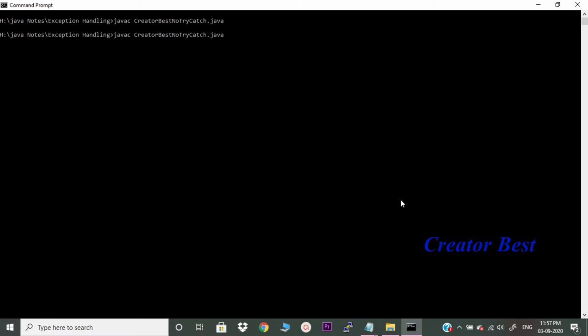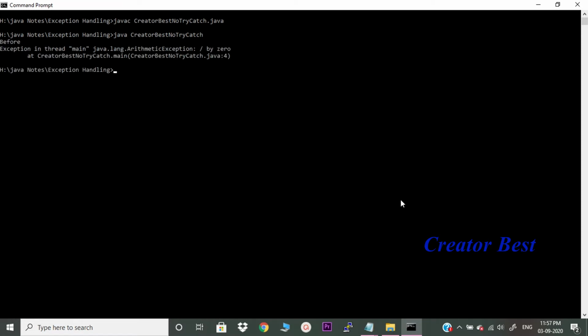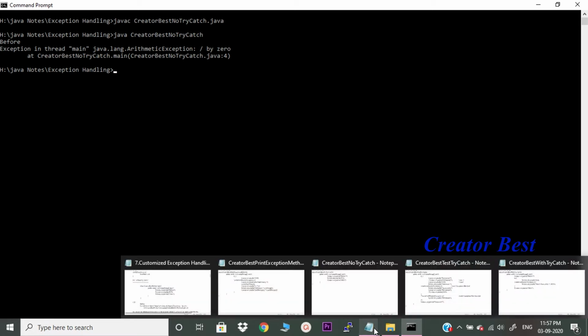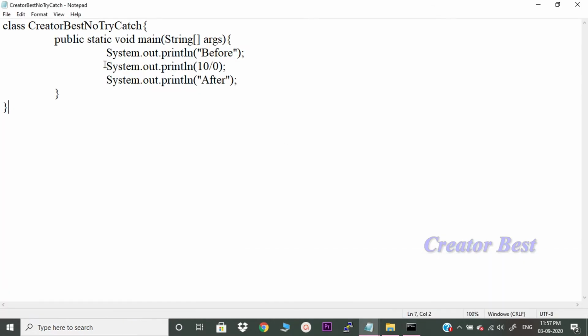I have compiled it. See, "before", the statement before the exception, got printed, and the statement after the exception statement didn't get printed. This is the statement which is causing the exception.